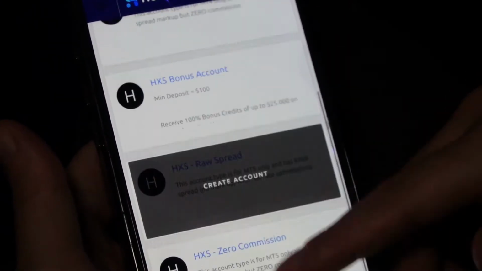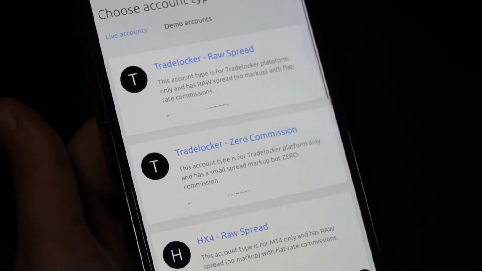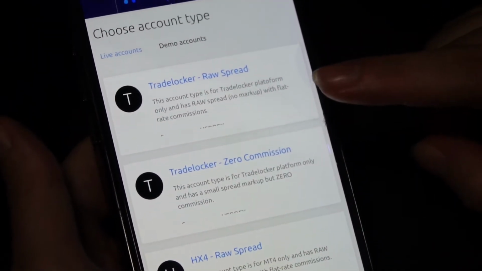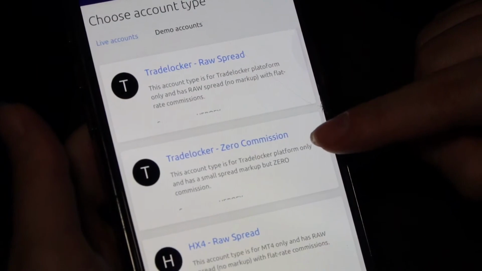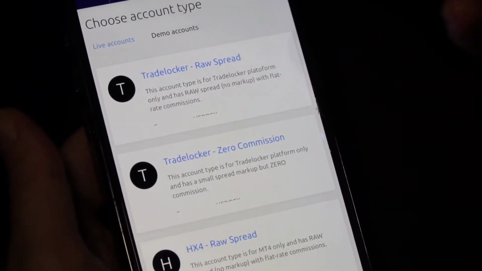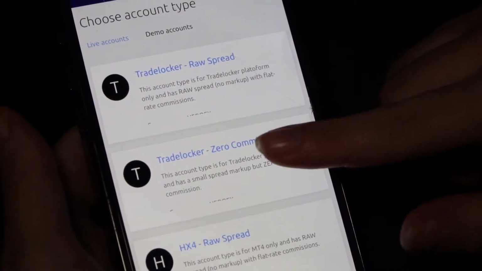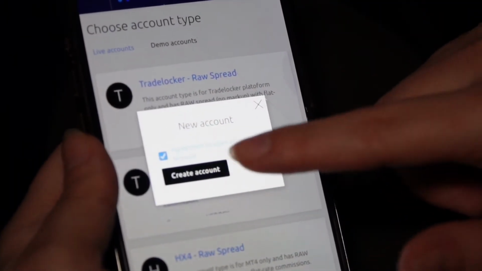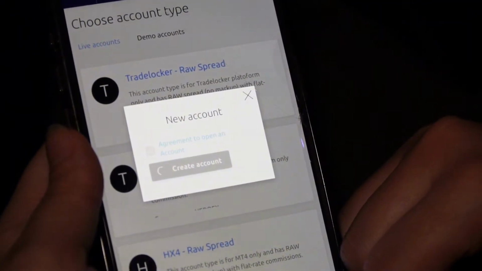You are going to see many different accounts you can choose from, but the one we're going to focus on is the one that is connected to Tradelocker, and you can choose between a raw spread or a zero commission spread. This is completely up to you. Go check out my last video explaining what spread is if you're not aware, but we're going to choose the zero commission option. Super simple. All I have to do is agree to open this account, create the account, and while that's loading,